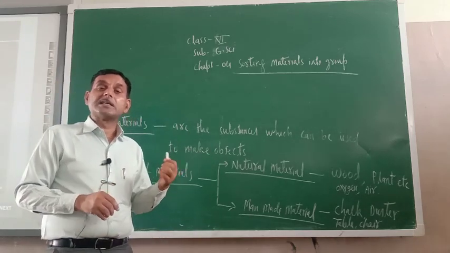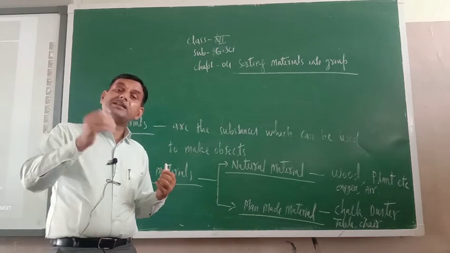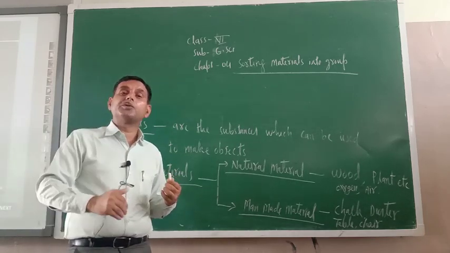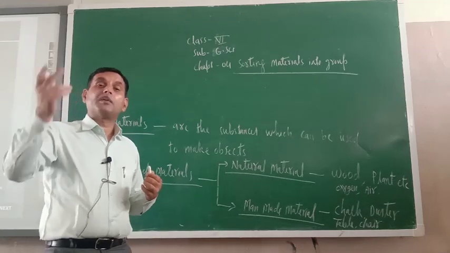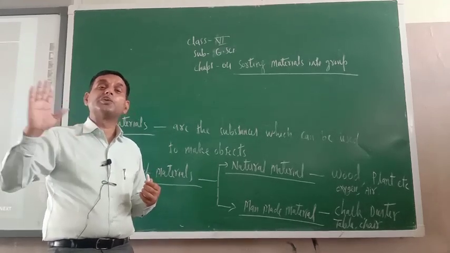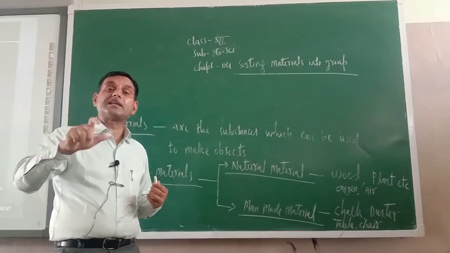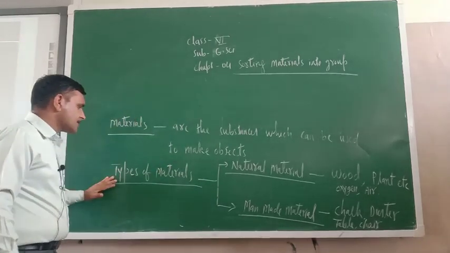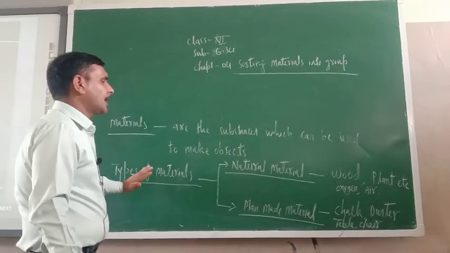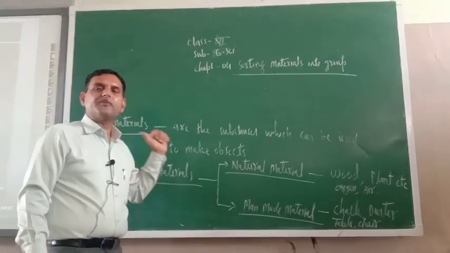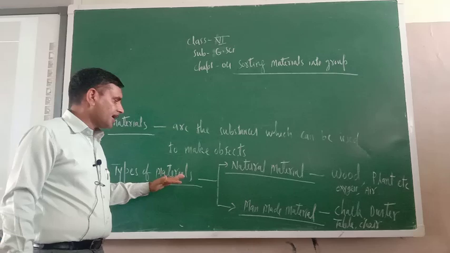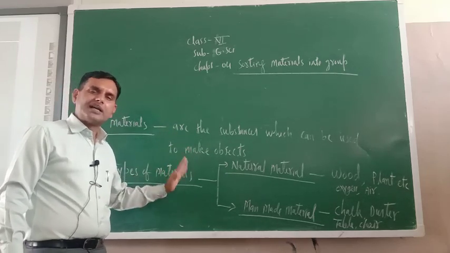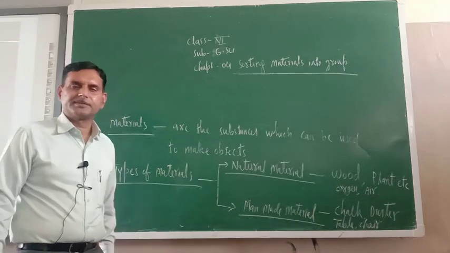So what is the difference between object and material? Material is the substance, and with the help of it an object can be made. Material may or may not have utility, but an object must be utilized. They have a specialized purpose. Okay, so in this way I have completed types of material also. Now let us see one video to understand the materials, objects around us, and some other aspects.